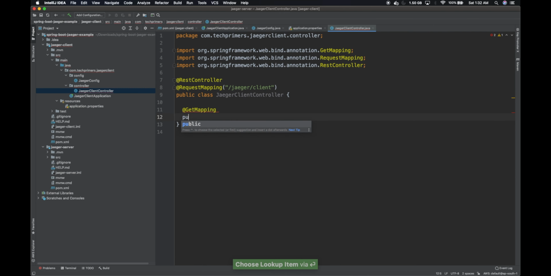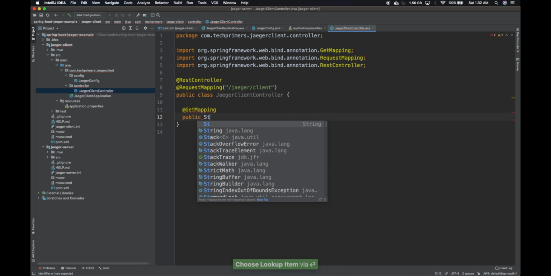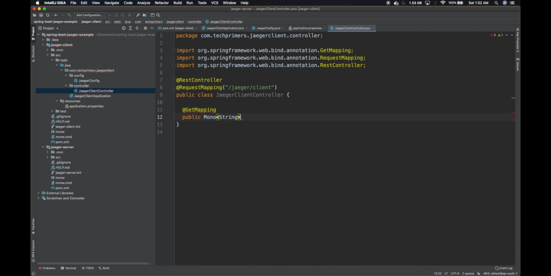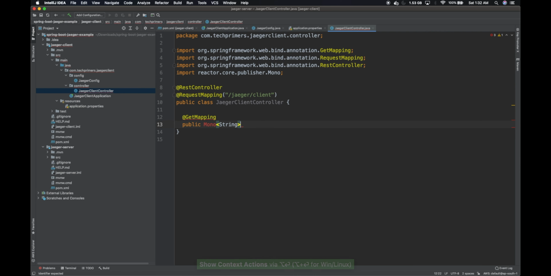Let's say we don't want to provide anything else, and I want a return type which is going to be Mono. So I want to return a single response. I don't want to stream it, or use the Flux one. So I'm going to use a single response, and I'll just say get for now, because that's the only method. When I access the Jaeger client, it's going to call a server, right? Simple one, no complicated logic involved here, but we are going to return some facts around a number.